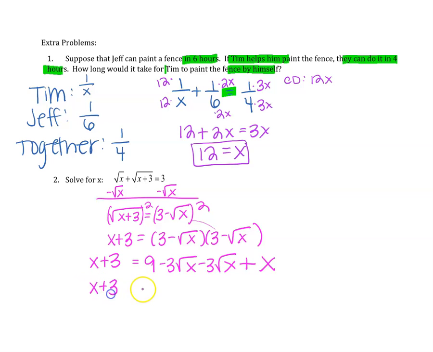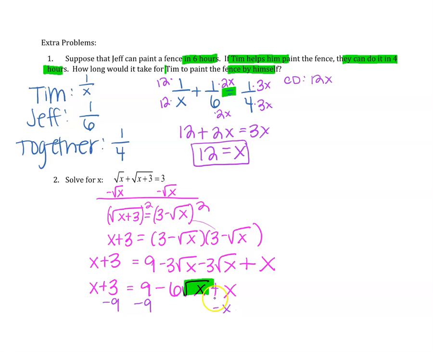Clean this up a little bit. I can combine those radical x's. Okay, and now you'll notice I have one radical in the problem. Let's try to isolate him now. Okay, so I am going to subtract the 9